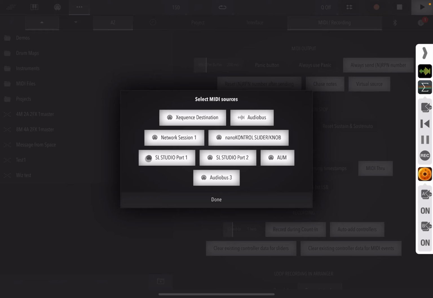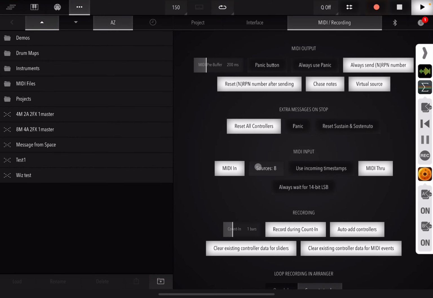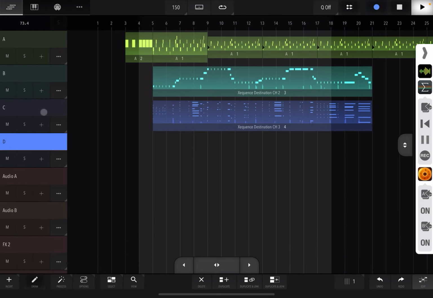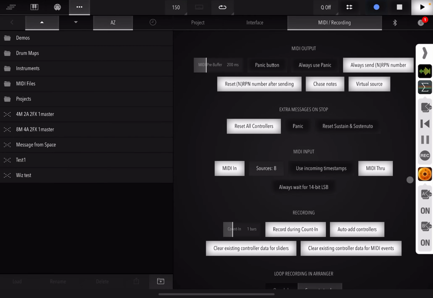Here it's my keyboard I am using, coming directly to Xequence and playing back whatever selected track you have, and going directly to AUM if you have the Midi through enabled, and you also have to have the virtual source enabled for this